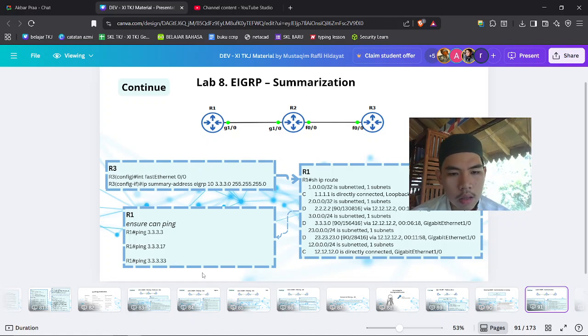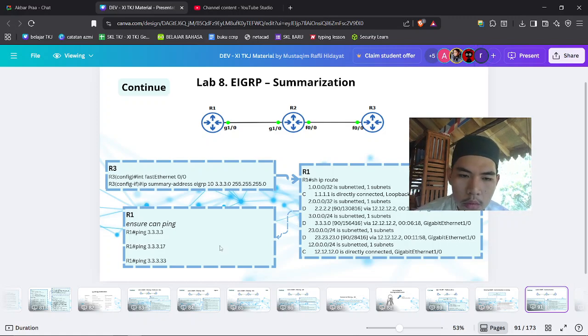And then I put a lot of loopback interfaces over there that use /32. And if we see without this configuration, we can see a lot of loopback interfaces from router 3 like this.